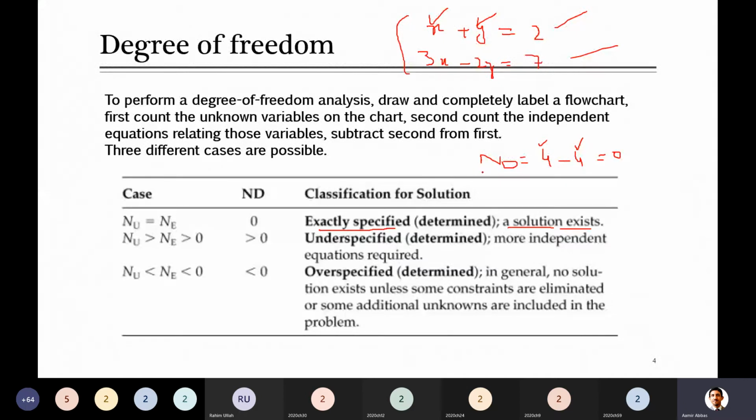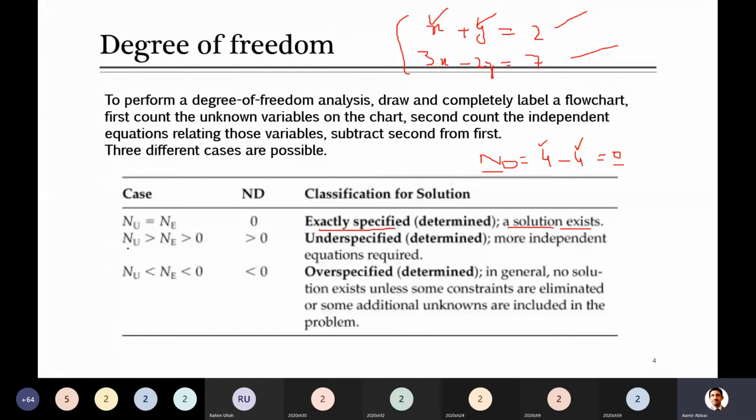At this stage my degree of freedom analysis will give me the answer as 0. And whenever degree of freedom is 0, your problem is called exactly specified. That means the number of unknowns and the number of equations are equal to each other. And in these cases you will have a unique solution. Unique solution means you will have one answer for x and one answer for y. Sometimes you will look at some other conditions in which more than one answer is possible, and those are not exactly specified cases. Then we have to get rid of those things, so we'll look at that.